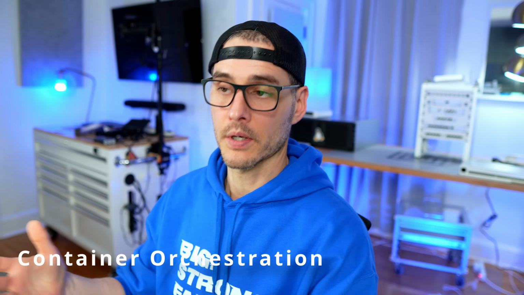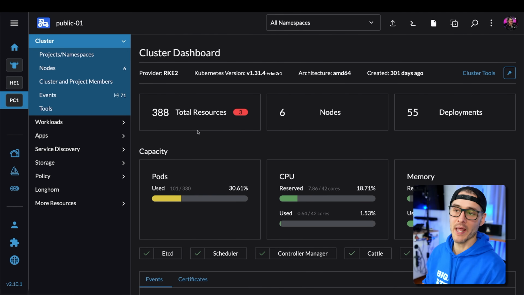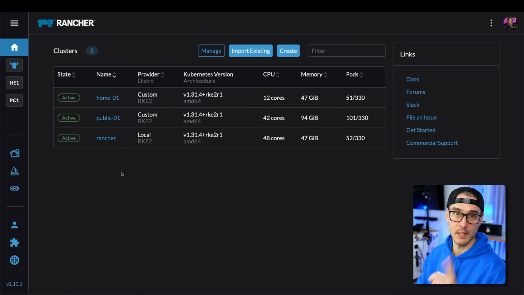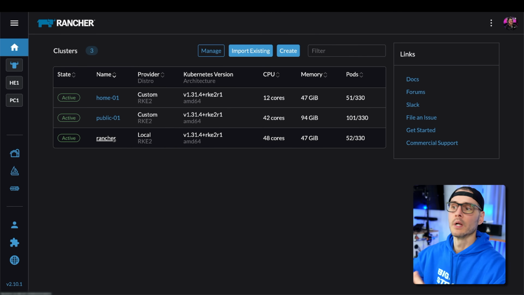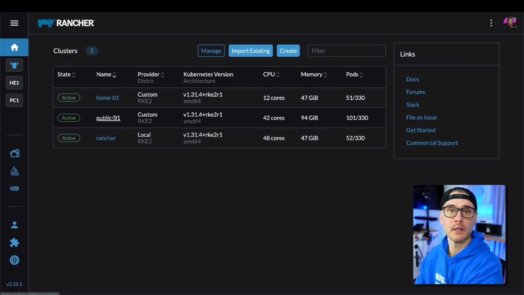And for container orchestration, I'm using Kubernetes. How'd you guess? But I am using Kubernetes. I have 3 Kubernetes clusters we talked about a little bit earlier, and I'm using Rancher to manage all of that. So how does that work? Well, I made a lot of changes to my Kubernetes clusters this year, especially. My Rancher cluster is running RKE2, and it's upstream of everything else. So if you think about it, I installed RKE2, then I started running Rancher on there. And then from there, I provisioned more clusters downstream. So I have my home cluster downstream and I have my public cluster downstream.